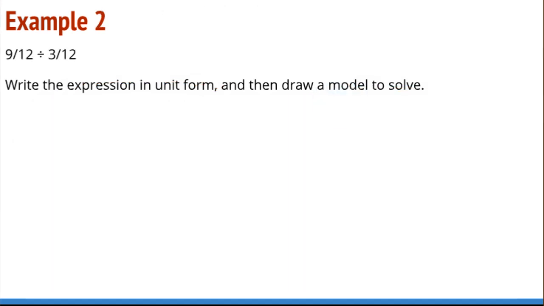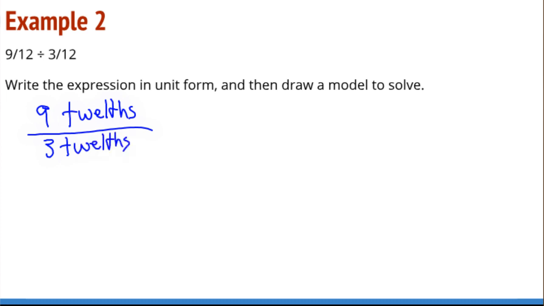So taking a look at example 2, write it in unit form. 9/12 divided by 3/12. And the 12ths are going to cancel, and I see that I'm going to end up with a quotient of 3. And I'm supposed to have a model,